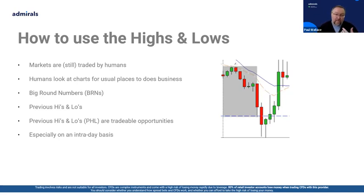So these are things like big round numbers. In gold, we've seen 2000 has been a big round number. Euro against the US dollar has been pivoting around about 110. We've seen others knocking around, like pound against Canadian dollar up at like 170, etc. Lots of these numbers are running around, and understanding those big round numbers, treble zero numbers in particular, is still of relevance and interest to us, and will become more so as we look at intraday charts,